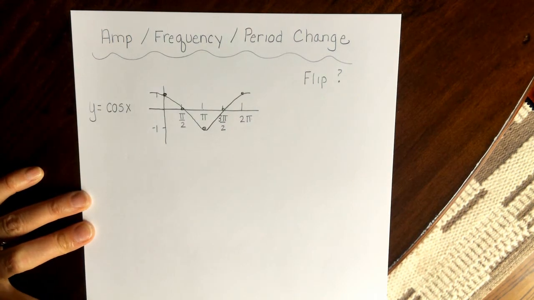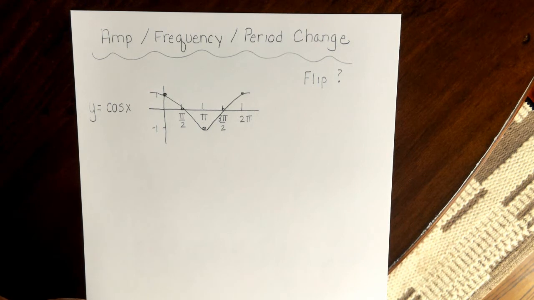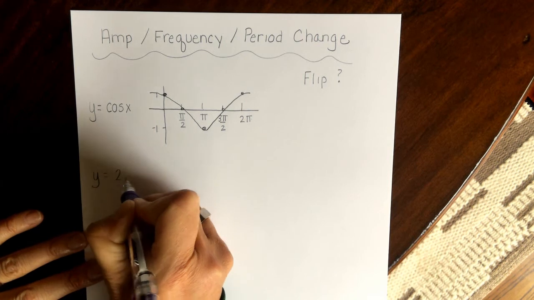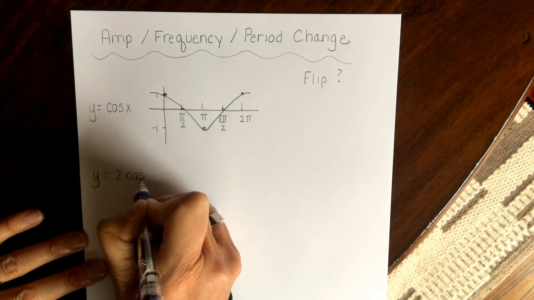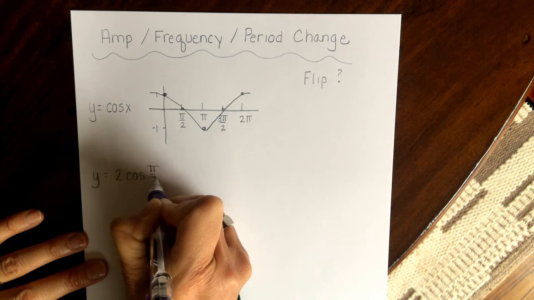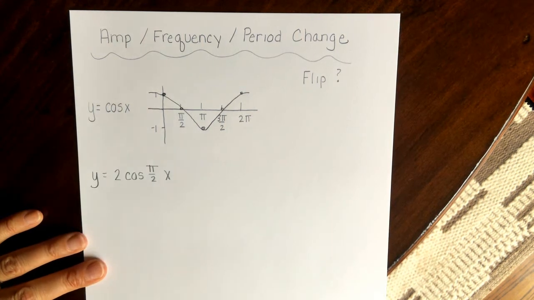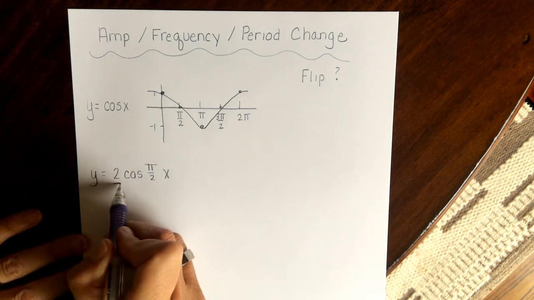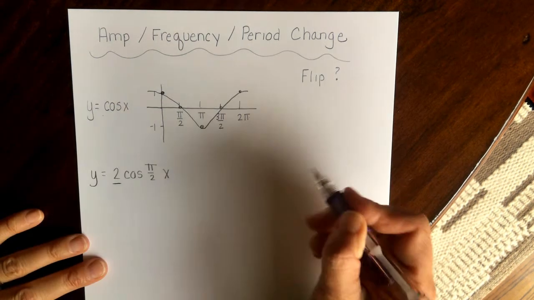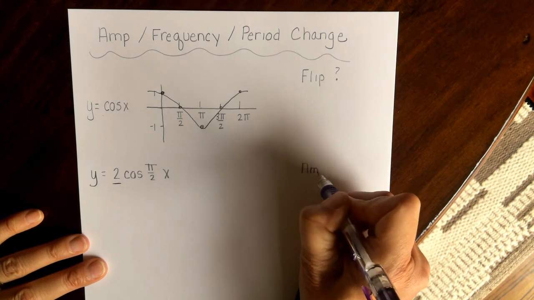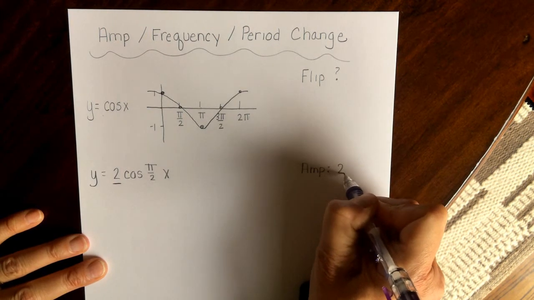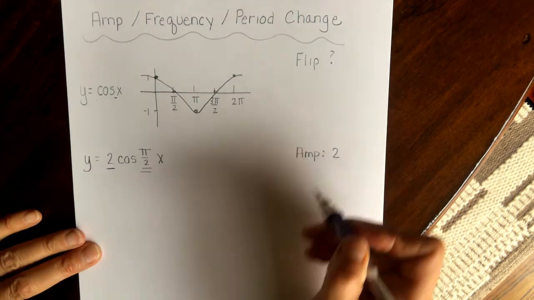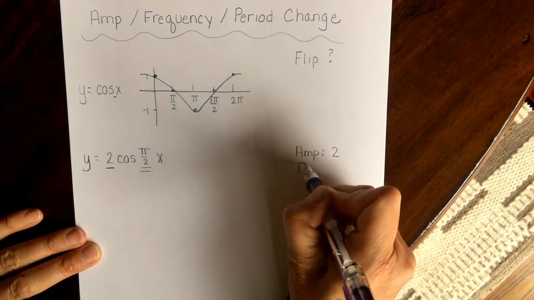Alright, so let's change this up a little bit. This time I am going to do y equals 2 cosine of pi over 2 x. Now let's break this apart and see where the changes are. This 2 is different than this 1, so I should be saying, okay, my amplitude is 2. This pi over 2 is new, so my frequency